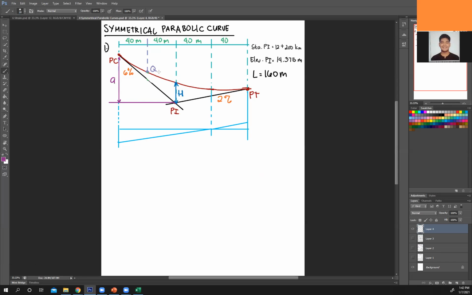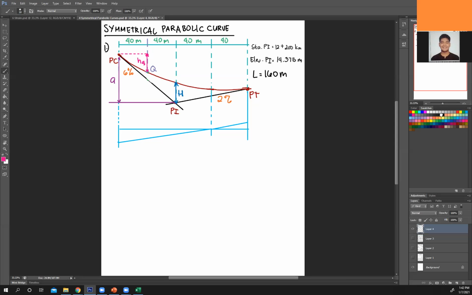So if I solve for that, again, the goal is to get the elevation of this. Okay? Once I've solved for that, then the next step would be to get this value here. Okay? This height right here. Right? And let's give that a variable. Let's say that is HQ. Again, you can choose whatever variable you like. Let's just call this HQ, okay?